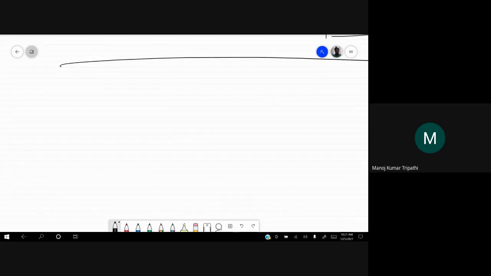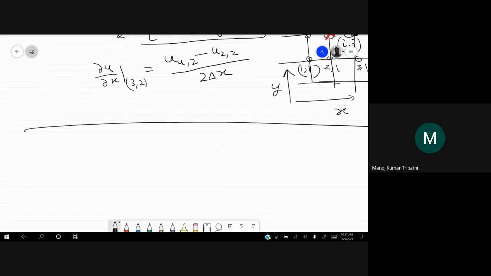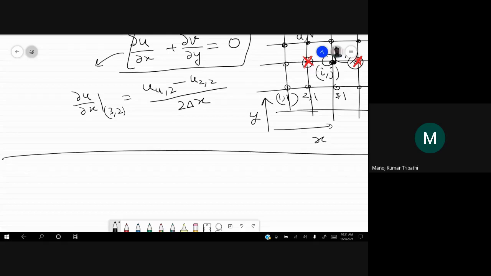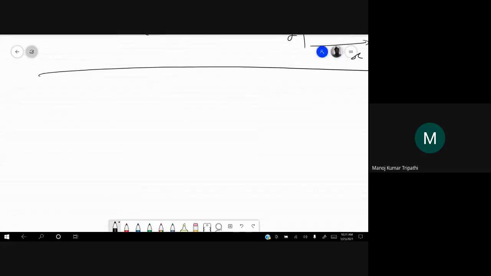Now in Navier-Stokes equations, let me write it again, the momentum equation. What I wrote just now is the continuity equation, dou u by dou x plus dou v by dou y equal to 0. That is for an incompressible fluid. Now let me write the momentum equation also. In the vector form, it looks like rho dou u by dou t, partial derivative of velocity with respect to time.